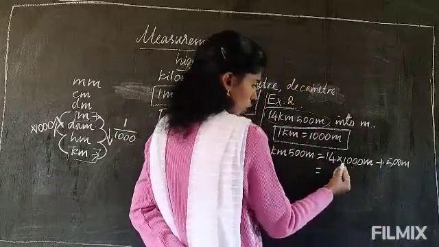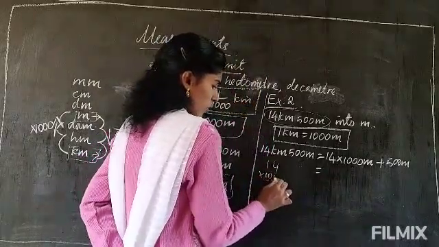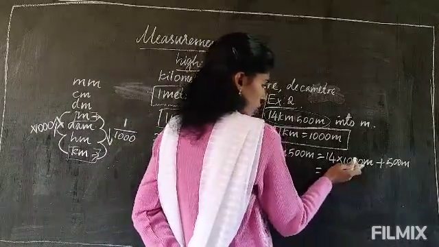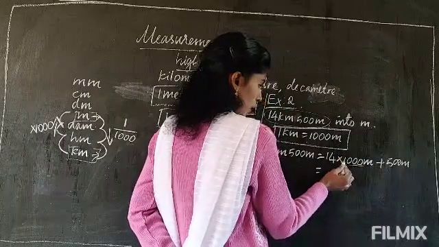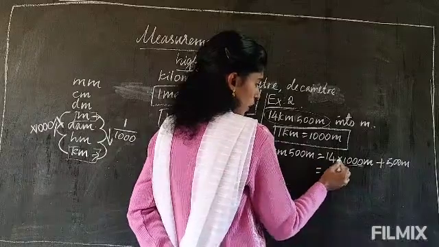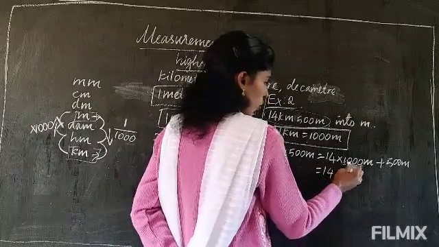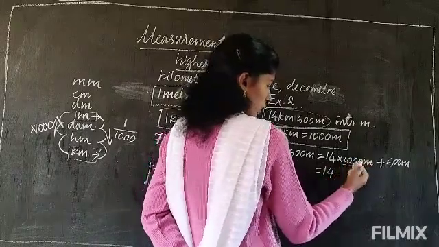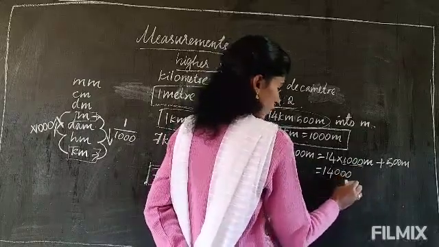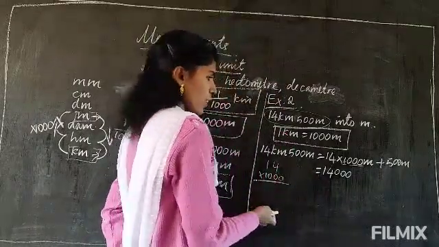Those who don't know how to multiply by 1000, which was already taught, will be sitting and multiplying like this. Don't waste your time multiplying like this. So how to do this? 3 zeros are there. Just now don't think of the zeros, only remember the number. Here 1 is there, so you multiply this number by 1. If you multiply any number by 1, the same number is the answer. So 14 into 1 is 14 only. Now how many zeros are left? We kept them aside without carrying, so there are 3 zeros left. Insert those 3 zeros at the back. That's all. This is a short form and the calculation will be quicker. Don't do the calculation like this.